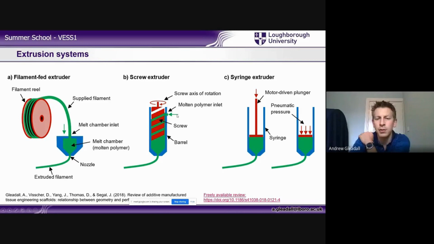And in this case, you can feed in pellets, and then there'll be a screw that will force the pellets, after they've been liquefied, melted into a molten polymer. It will force them by turning this screw out of the nozzle. So you don't need to buy your material on a filament reel, and that's why this is quite good for bioprinters, because often they're using